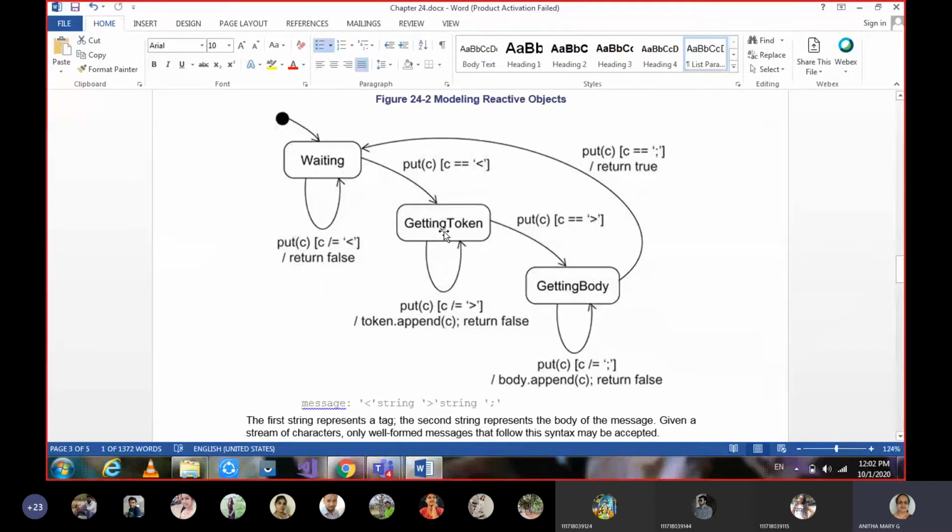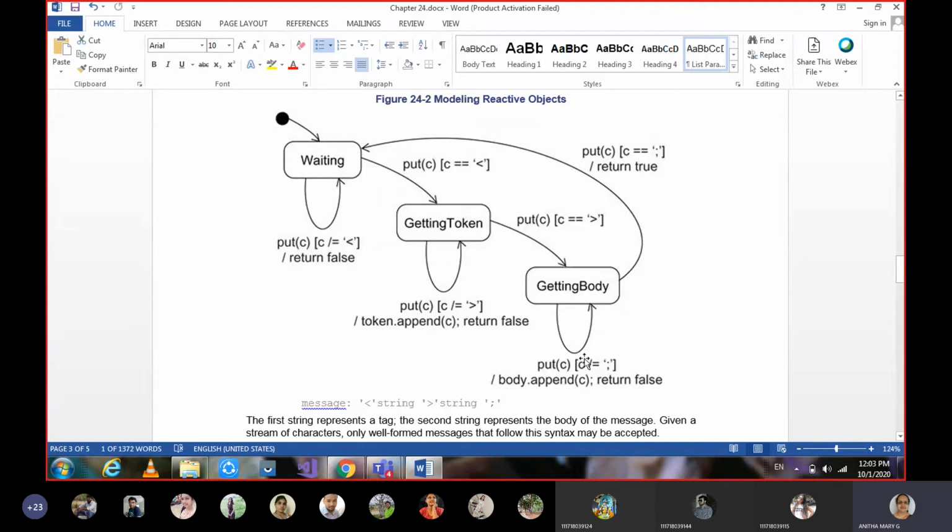Waiting state, getting token state, getting body state. The waiting state will check on some condition, and until it is less than, it keeps on waiting. Once it becomes less than, the transition is forwarded to getting token, and it will be checked. Once it becomes greater than, the control is transferred to the next state, that is getting body.